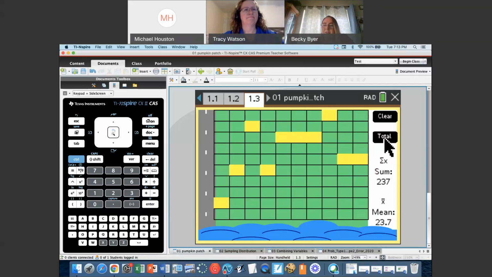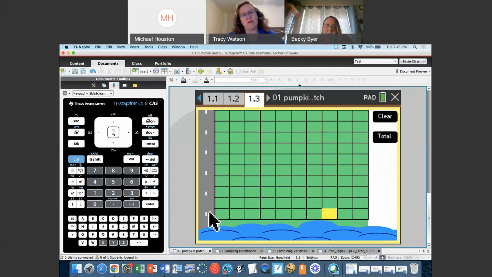Good observation. If you go just by columns, you could end up with all of them along the water, or I didn't get any along the water this time. Whereas if you do rows, you're at least going to guarantee you get something near the water and something a little bit further away, because the water's definitely got something to do with how pumpkins grow. The way it's coded, if you have the students do it both by columns and by rows, one has a smaller variability than the other. And I'm pretty sure you're right. We made the water the higher influencer for numbers.